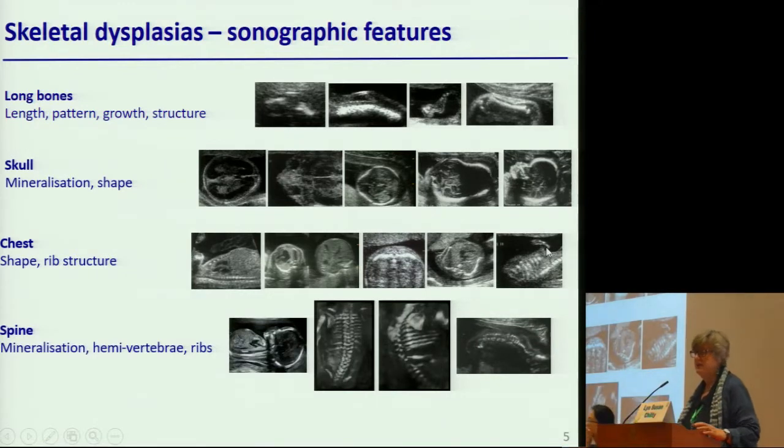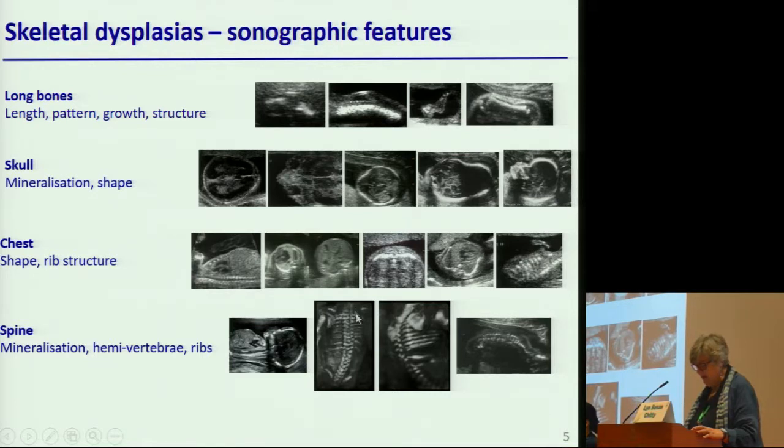The spine too can give you good clues. It can be profoundly hypomineralized. Here we've got a baby, you see this looks like a railway line really, and the vertebral bodies are just not mineralized, and that's almost pathognomonic of achondrogenesis. So again, you can get a long way towards making a diagnosis just by looking carefully at various parts of the baby. Here you can see